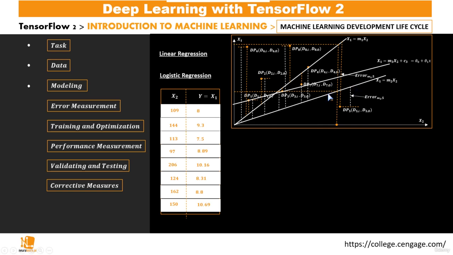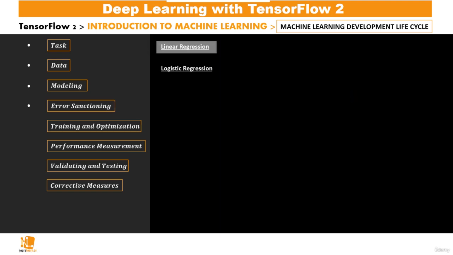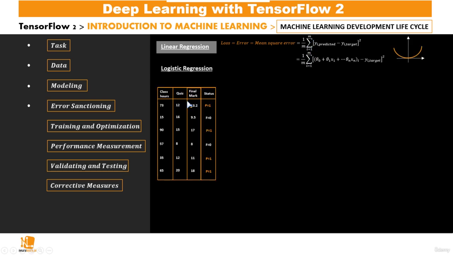So in a nutshell, we're trying to select a function based on certain parameters or weights and biases such that these differences are minimized. One of the most popular loss functions or error sanctioning functions is the mean square error. With the mean square error, we take for all i going from 1 to m, where m is the size of the data set, so this m represents each row of our data set. So if we have a data set like this one, this m represents the value 6. So for all i from 1 to m, that is for this, and this,